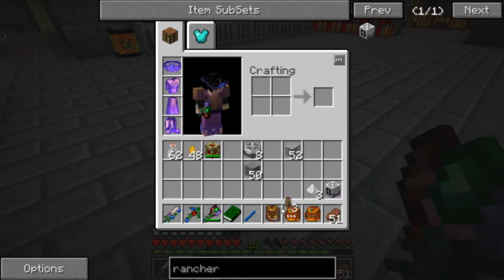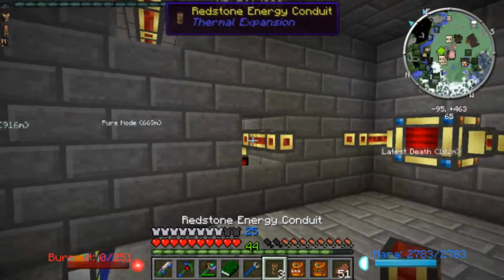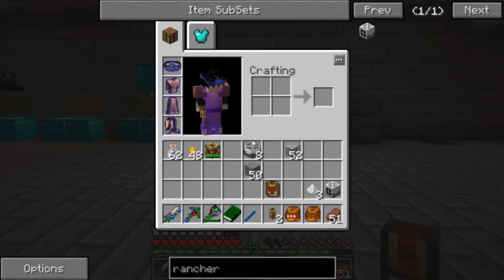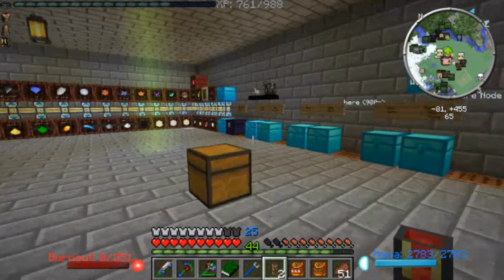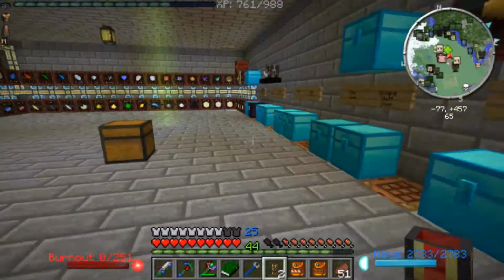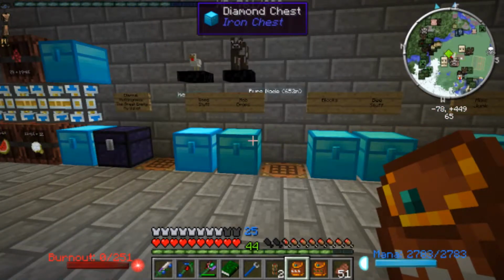Alright, so we're going to try this out because I've never done it before. I meant to try it in my test world and I just forgot. So, crazy, isn't it? Alright, so what we're going to need is, let's see, we'll just take all 3 golden lassos. We're going to do this, we're going to do it right. We got that. Now, we're going to need...